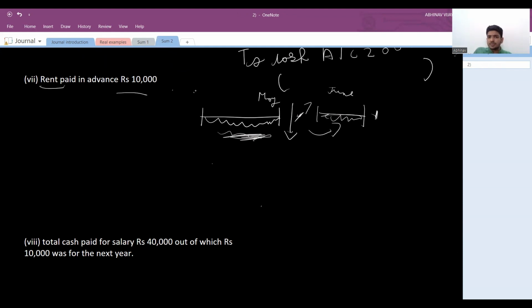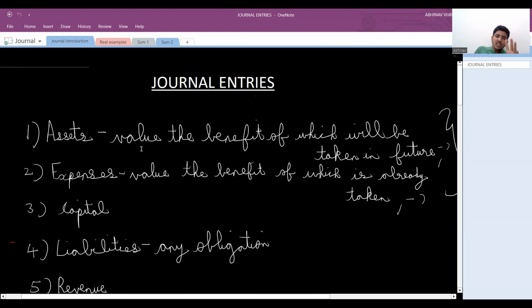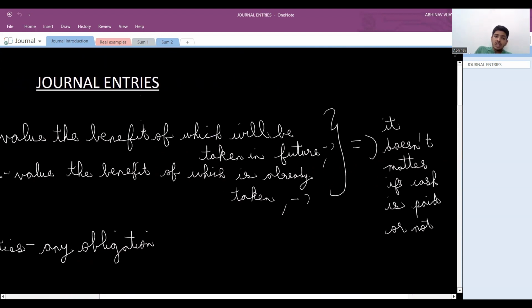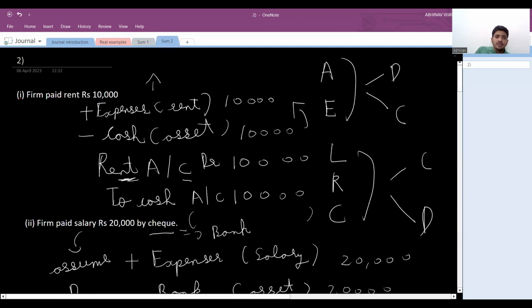What will it be? Look at the definition of assets now. The value, the benefit of which will be taken in the future. It does not matter if cash is paid or not. This is the same for both. Both follow the same definition. For both, it does not matter if cash is paid or not. So here,